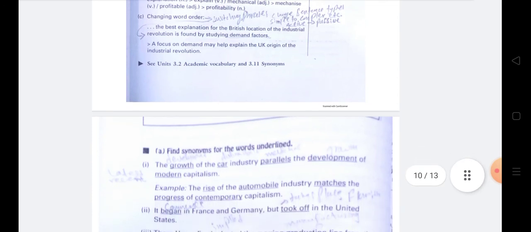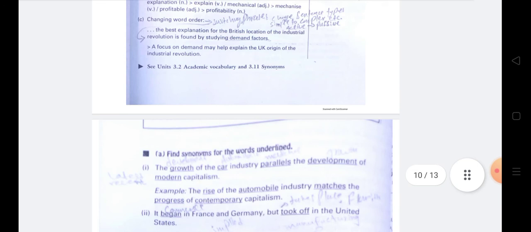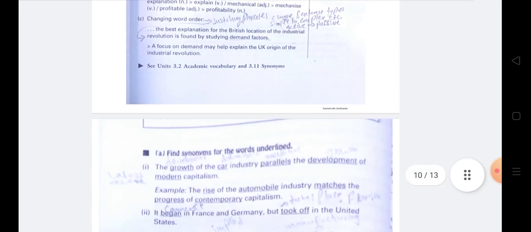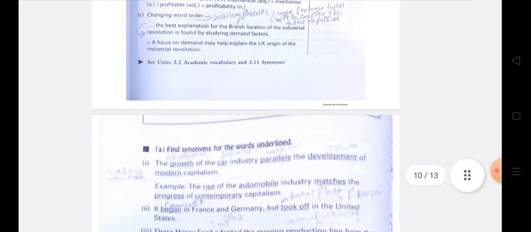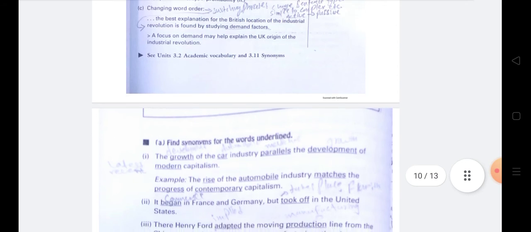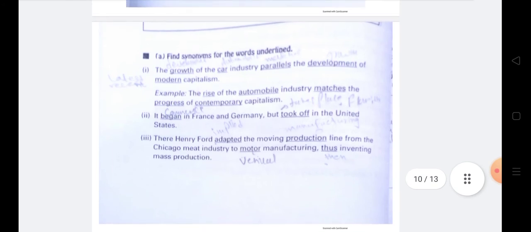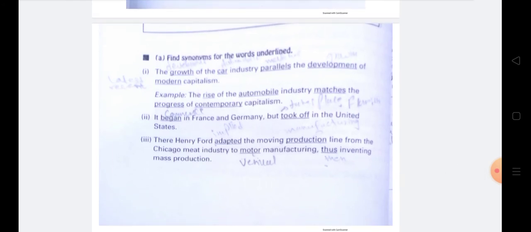And then changing the word order. You change the word order by switching the phrases, changing sentence types from simple to complex or compound, changing the syntax from active to passive, and things like that. And this is the exercise. Find synonyms for the words.